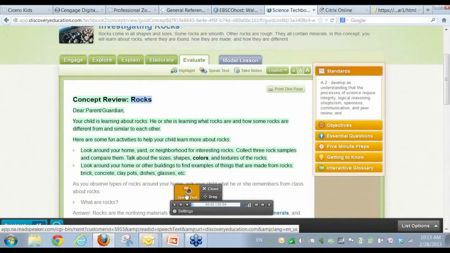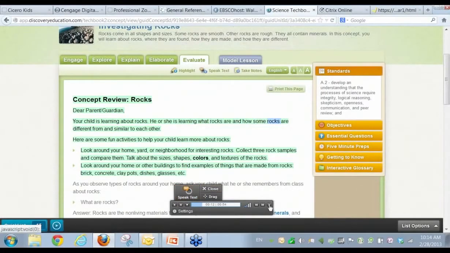Review, rocks. Dear parent, guardian, your child is learning about rocks. He or she is learning what rocks are and how some rocks